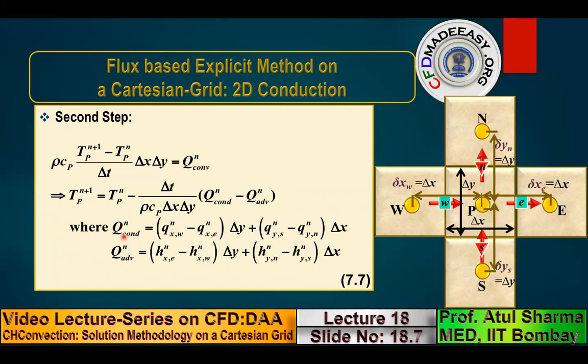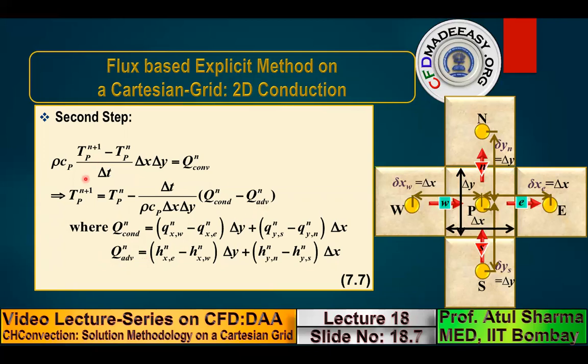So this is the total heat calculated for conduction, which corresponds to an influx, whereas for advection it corresponds to an outflux. When you have an influx, this term represents total heat gained by conduction. When you have outflux, this term represents total heat lost by advection.